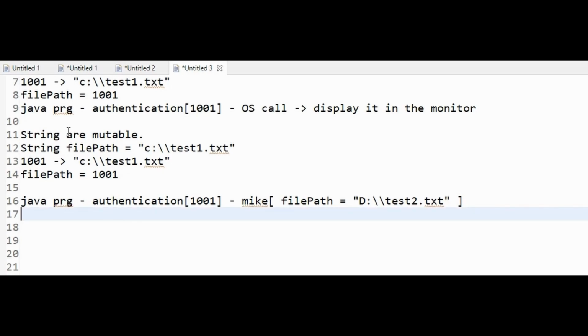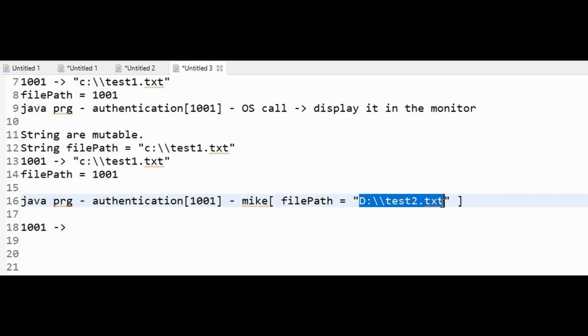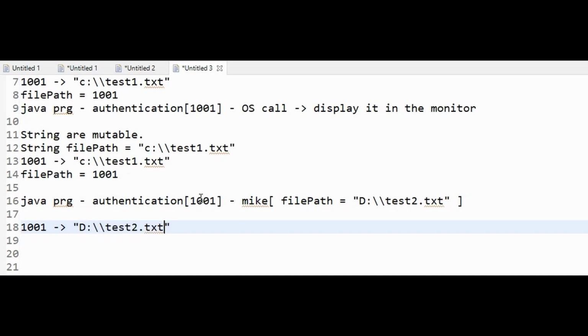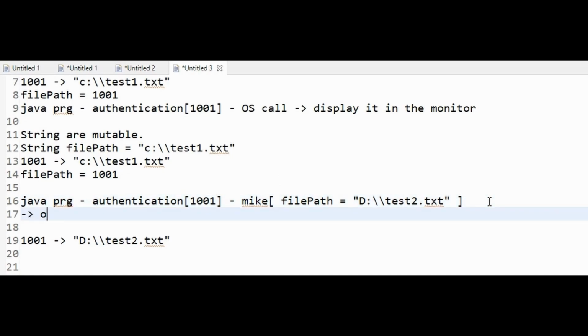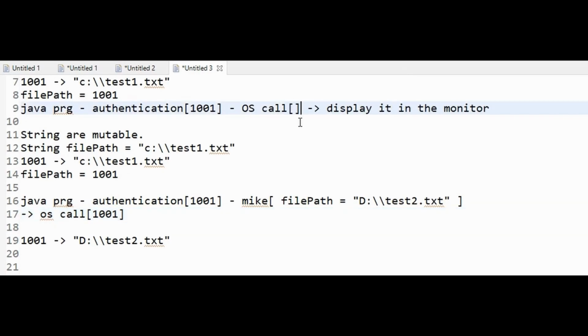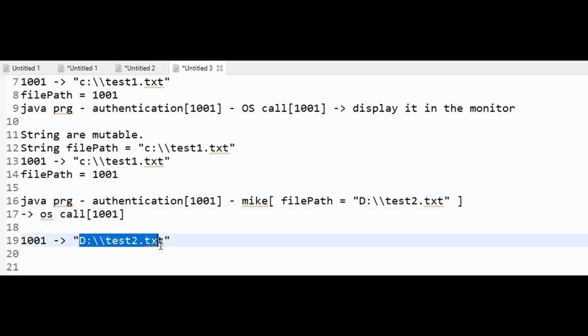Now if strings are mutable, then what will happen is on the 1001 memory address, this D test2.txt will be replaced. Now this address will be passed to the OS call, right? So now when it comes to the OS call, it will read the 1001 memory address, here also 1001 only, and then it will take this particular string and invoke the file and then display